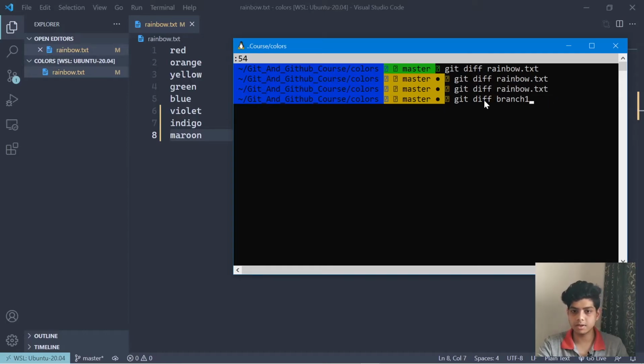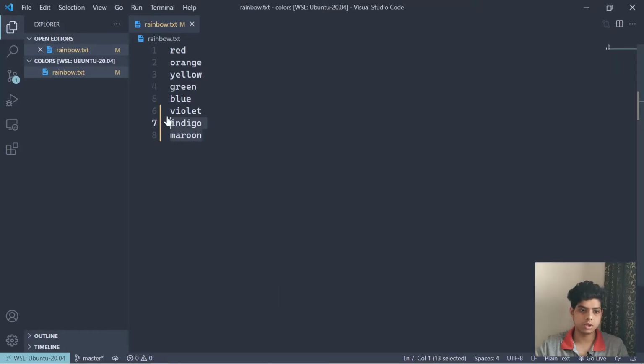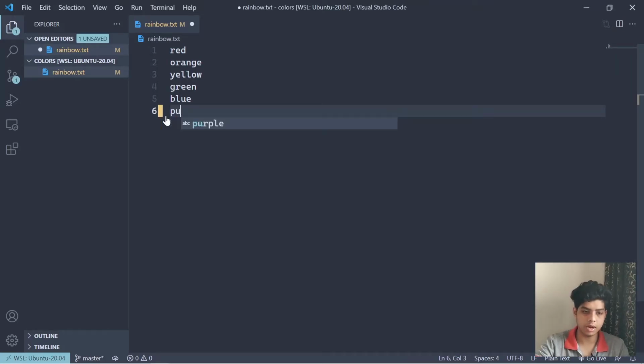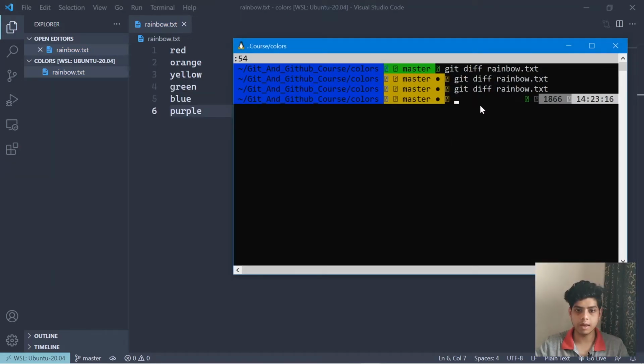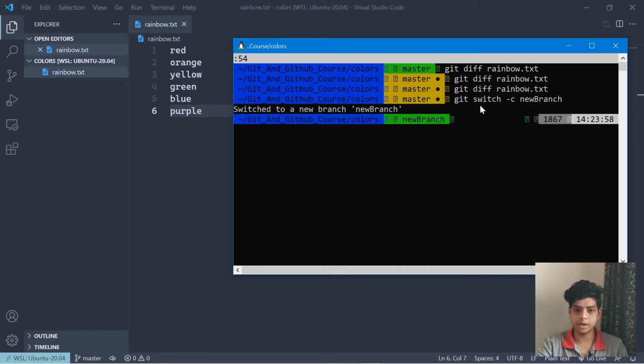So let's do this in practice then. I'm going to remove this and add purple over here, and I am going to change my branch. So I'm going to git switch and create a new branch. Now I'm on the new branch.